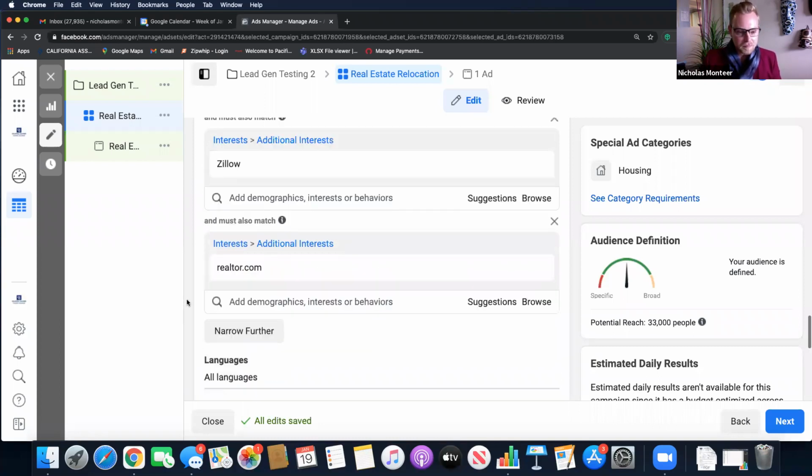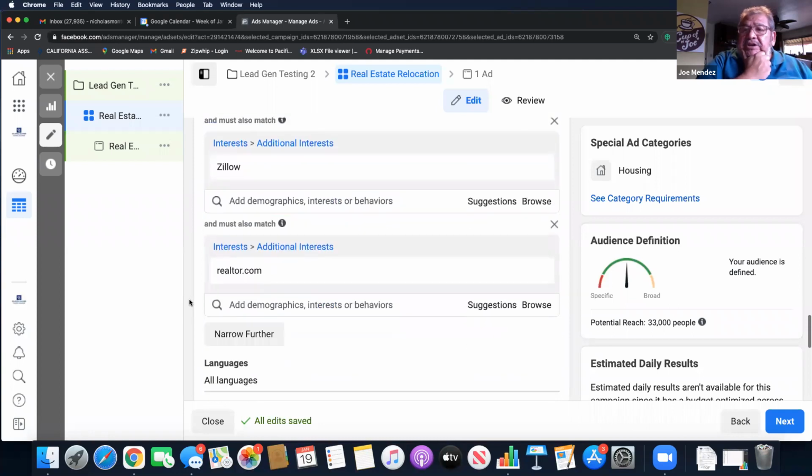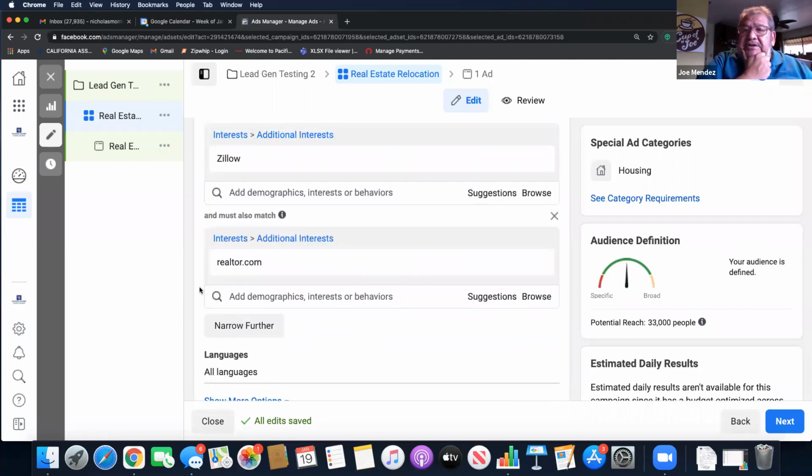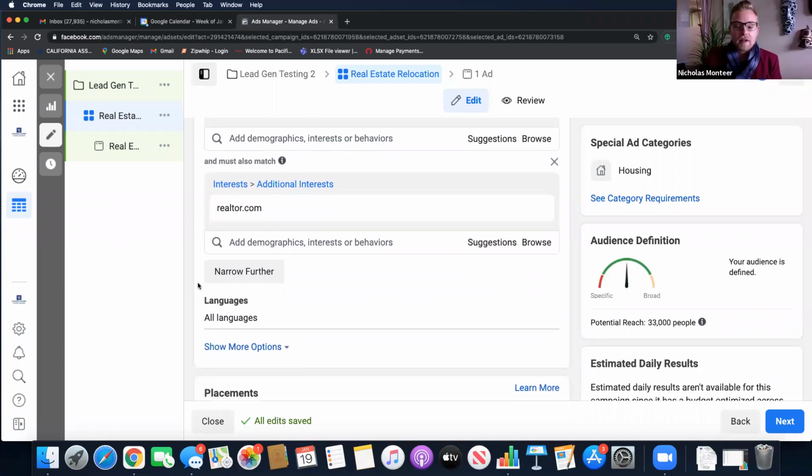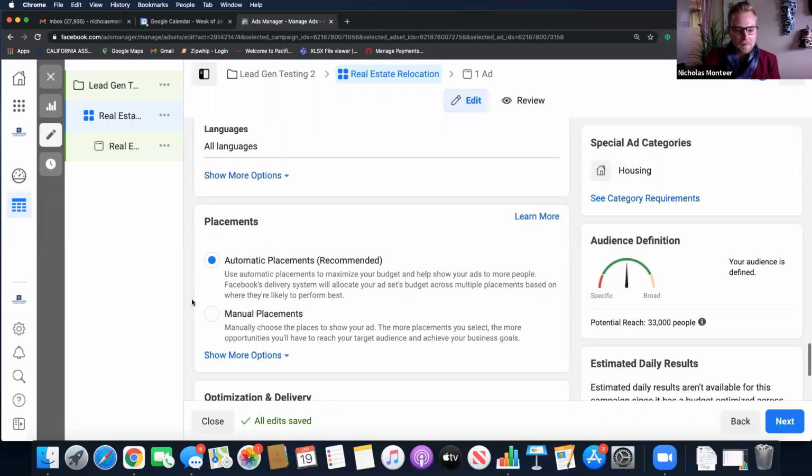You'll probably get more people that are actively looking that meet your match, most likely, right? And you'll probably get more people that meet your match as opposed to a wider audience. That's how I feel. I feel like you're going to get more quality the more fine-tuned you go. And I can keep going. They'll let you narrow further, I think, as much as you want. So you can just keep having fun with that to see what numbers come back. We'll leave it at 33,000. I think you guys get it.